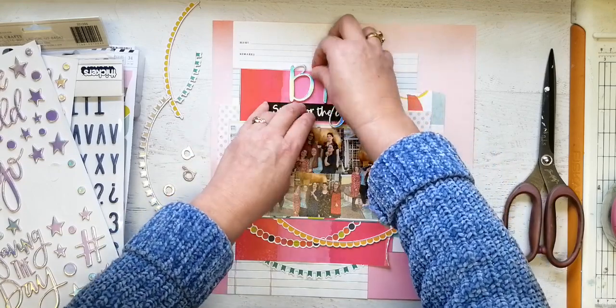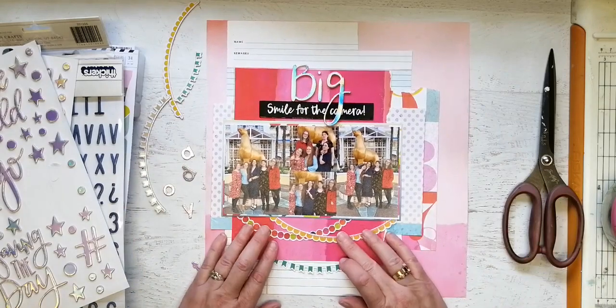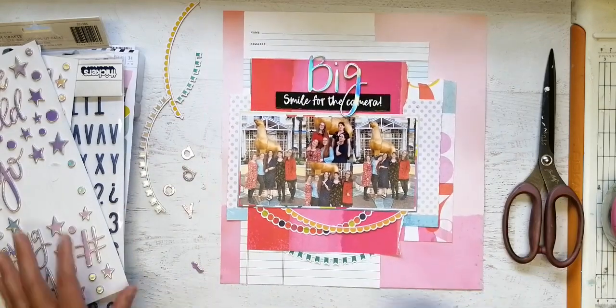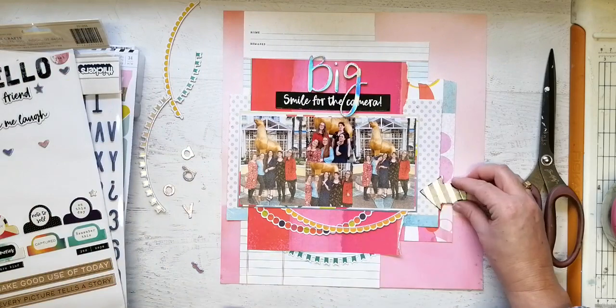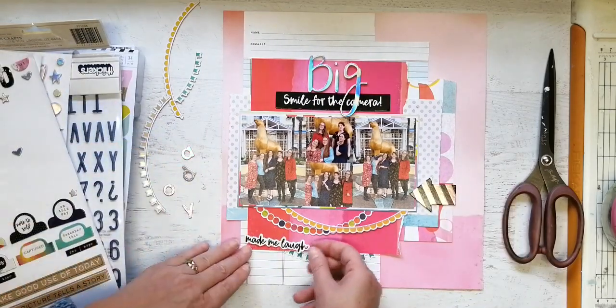And the reason why I'm faffing with that G is because I didn't want the word camera to be completely covered up. So, I mean, I know the I falls in the words, and the letters and things. You know what it's going to be. But